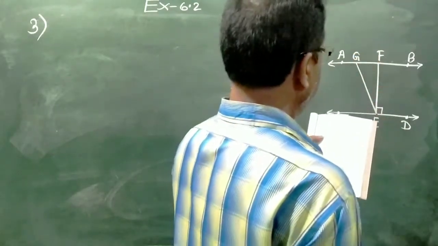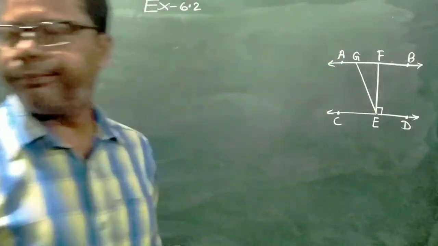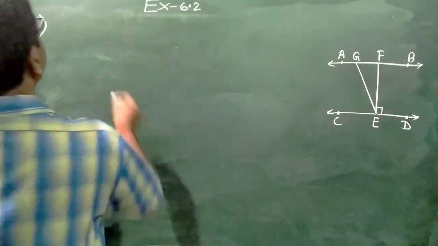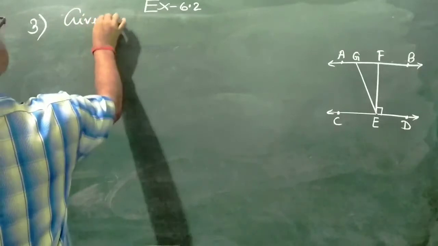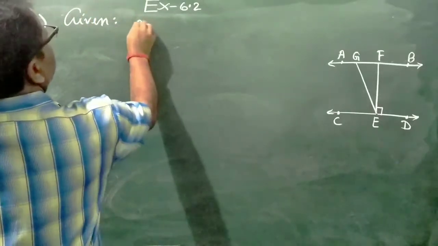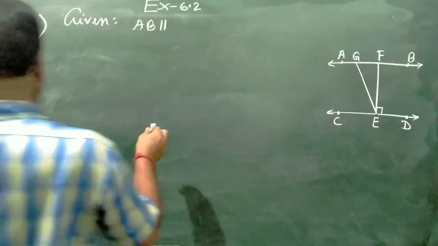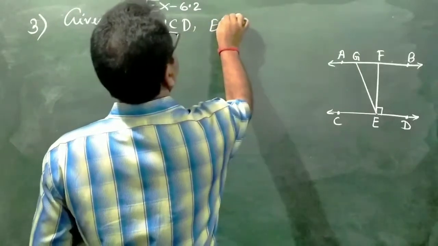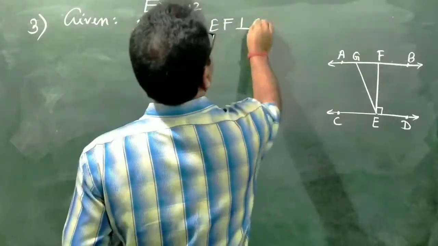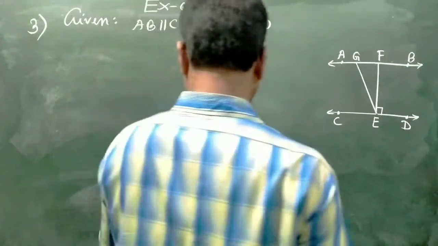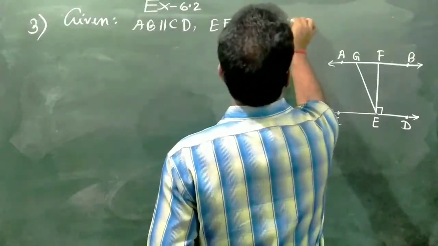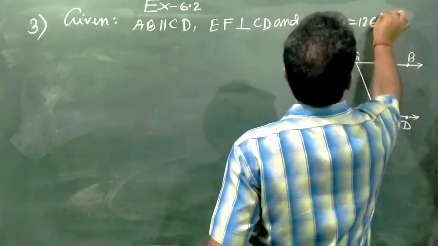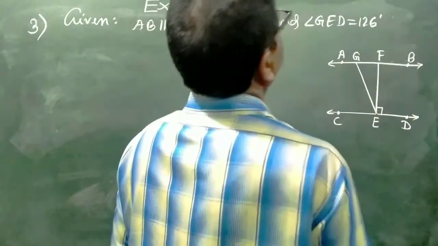Now our question is to find out, given here GED is 126. Given AB parallel to CD and EF perpendicular to CD, and GED is 126. Angle GED is 126 degrees. To find